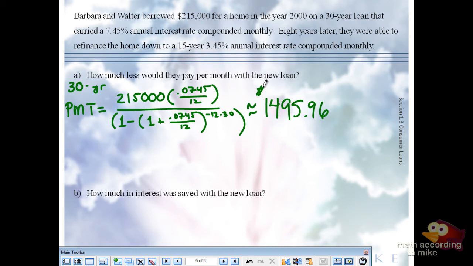So that's that wonderfully beautiful formula that everyone loved. It was the beginning of this section. It should be the first formula you have in 1.3. I'm not going to have enough room to write out the formula without the numbers, so I'm just going to go right to the numbers. The first part of it is A times 1 plus r over n to the nt. A is the original loan amount, $215,000,